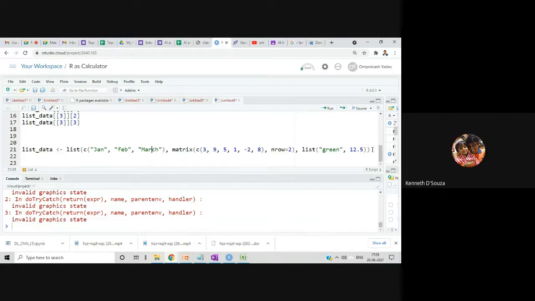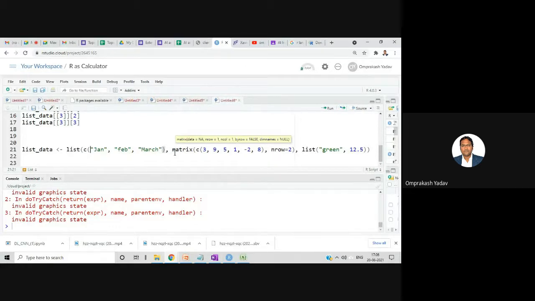After March, that entire one list bracket will still be considered as a single location. No? Sorry? After March, there are 2 brackets. One is there only. Where are 2 brackets? One second. Just checking. Are we creating a list separately or a matrix that we are including in that? Yeah. So I'm creating a list. In that, I'm also including a vector.